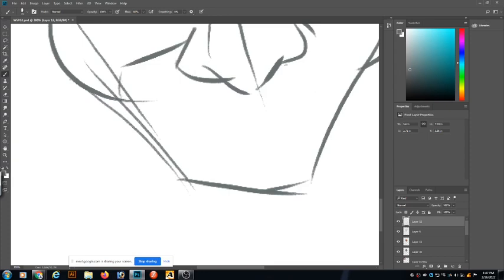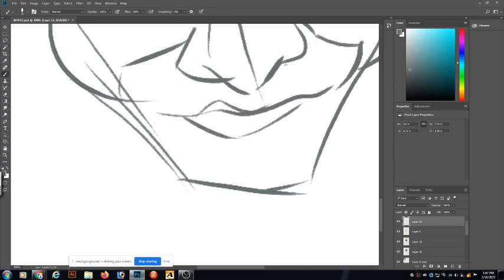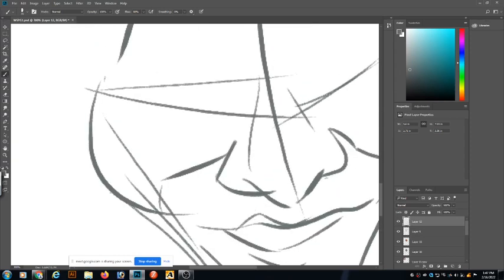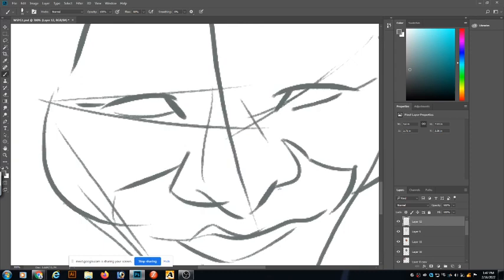People don't just simply draw the outline. They draw the structures like this first when they want to develop the drawing.